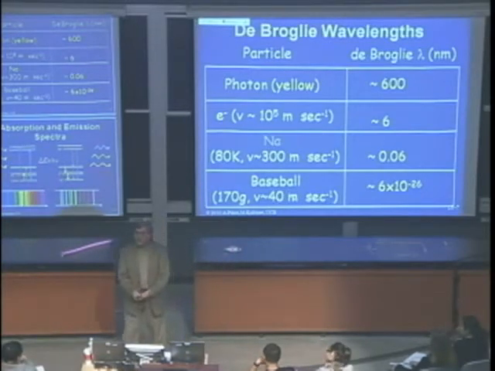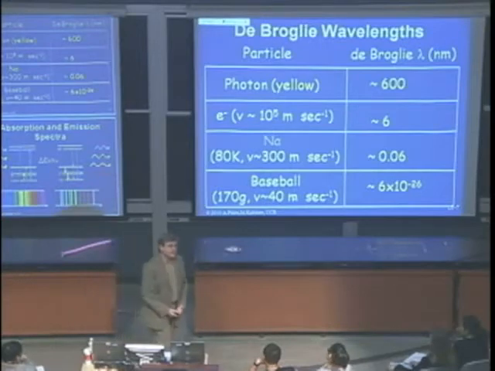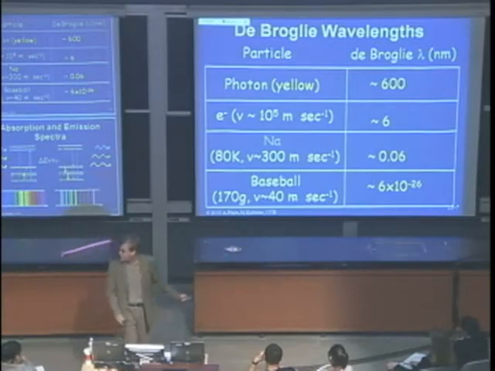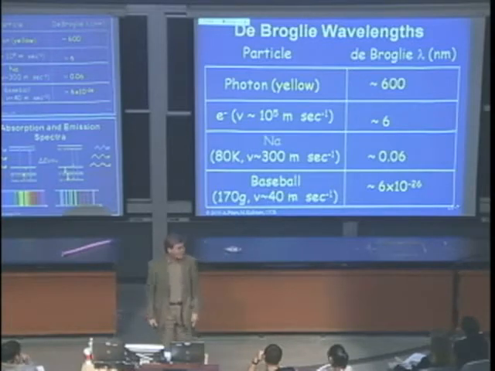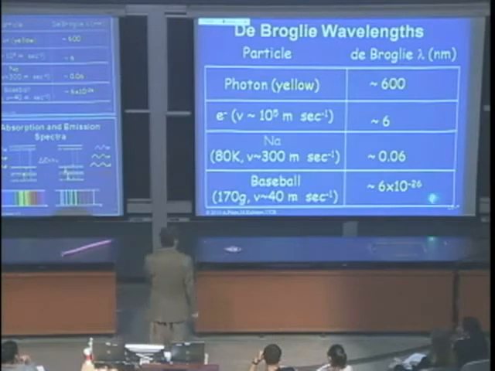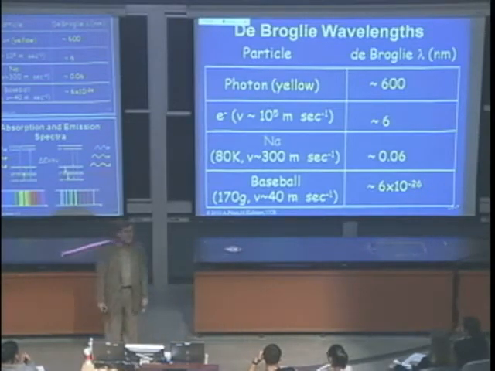So let's go back to science, baseball. A baseball has a mass and a velocity. And the higher the velocity, the better the pitcher. I understand that, okay? So we say 40 meters per second. I think this is about 100 miles per hour, if I calculate this. So you calculate now the de Broglie wavelength, and you get a number of 6 times 10 to the minus 26 nanometers. So with the times 10 to the minus 9, this is 6 times 10 to the minus 35 meters.